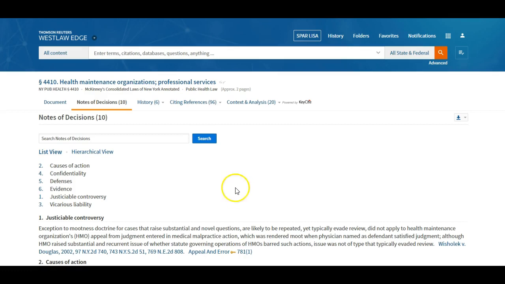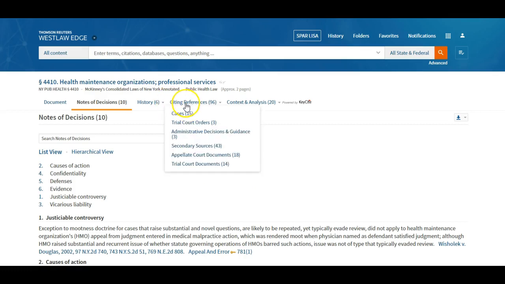Very similarly, and several people get this confused, is the citing references, because citing references do kind of the same thing. Citing references give us cases that cite to our code section. So the cases may be less particular in discussing our particular code section. It may just cite it very generally. The notes of decisions will give us more cases that really discuss our section in depth. But the citing references also give us other resources like context and analysis, and it will give us secondary sources that again cite to our code section, not necessarily discuss it, as well as some of these other types of documents. And if we take a look at the cases in citing references,